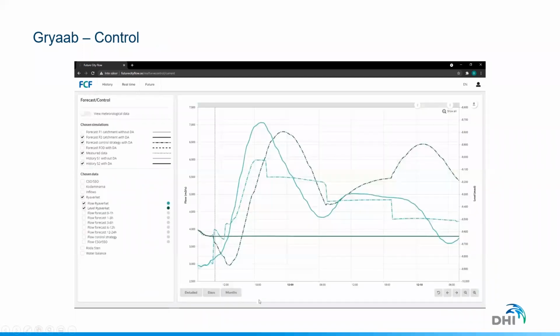The next screen I've chosen to show is the actual control part of the application. Based on expected precipitation from the weather forecast, Future City Flow simulates different outcomes and can suggest a controlled strategy that removes uncertainty and ensures that the infrastructure is prepared for the coming load. Kind of what Peter also explained earlier, to avoid discrepancies between current measured values of flows and water levels, both